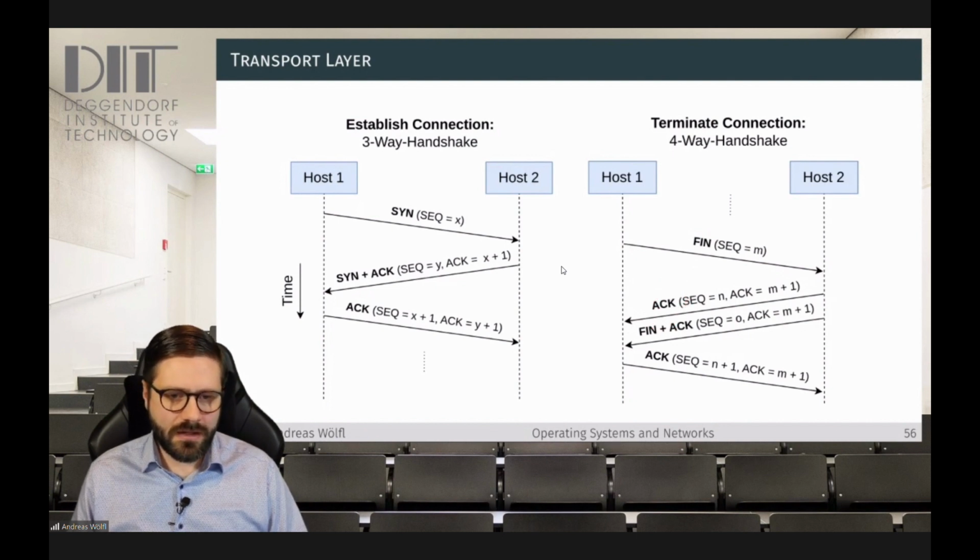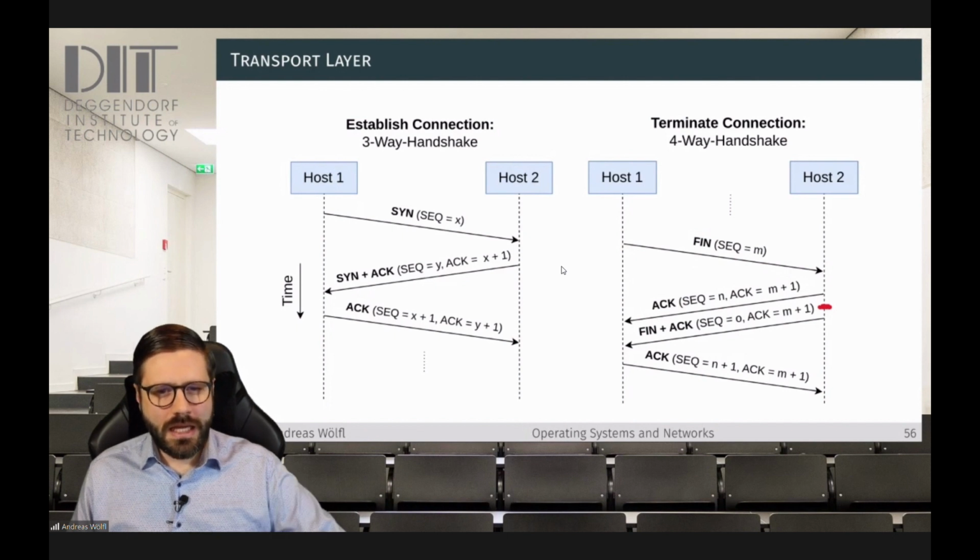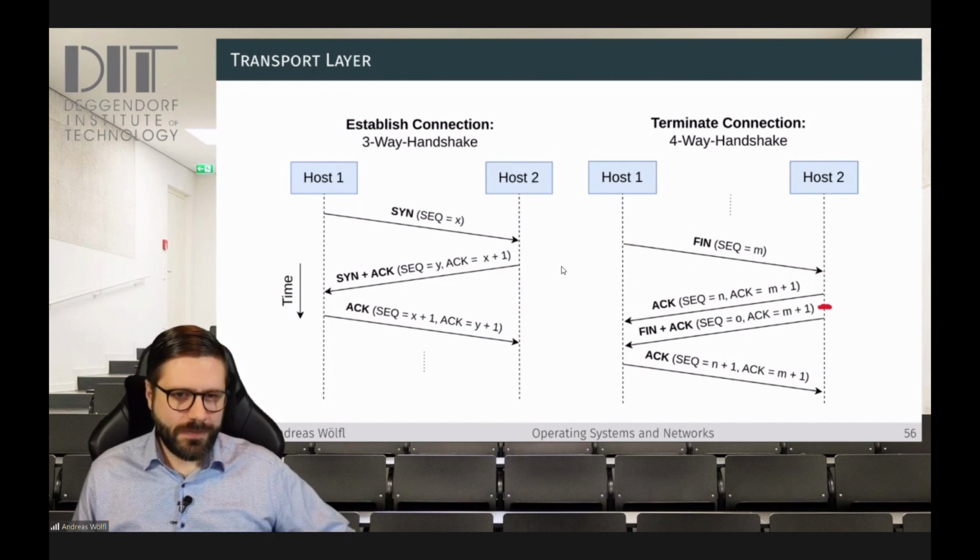So the acknowledgement number needs to fit to the sequence number of the FIN packet. And at this point in time, host 2 knows, well, host 1 wants to terminate the connection, and host 2 has acknowledged the FIN request, but the connection is not terminated yet